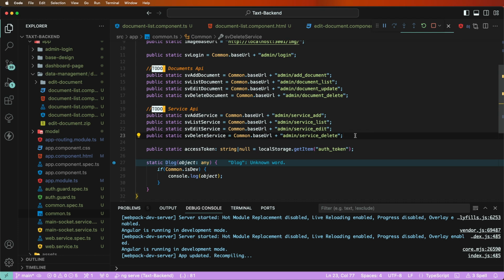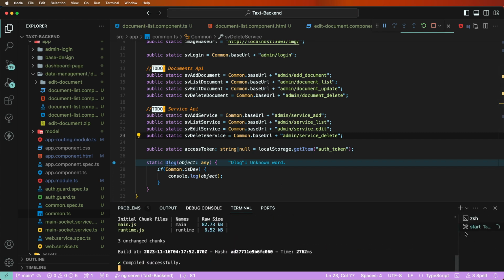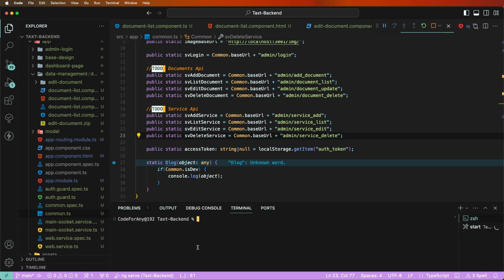We need to create here the add service UI with API callings, with the image uploading of multiple images. Need to add the top image as well as the icons image. First of all, need to go inside the terminals and create the components. We need to write down ng g c for the components and give it the name data management,